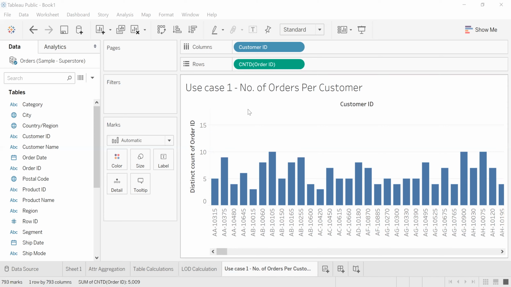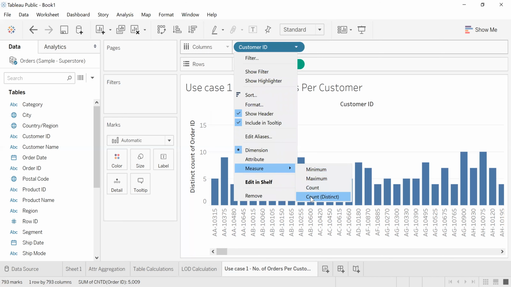You understood, right? Suppose you have a company where people are ordering things, so maybe one vendor came, two vendors came, three vendors came, four vendors came. So there are 2 customers who made a similar number of purchases, or a similar number of orders. I just want the count of customers by count of orders. So, okay, this is not making my count. This is an attribute. Right now it is showing, for every customer, the number of orders they have done. Suppose I make it also a measure and count distinct.